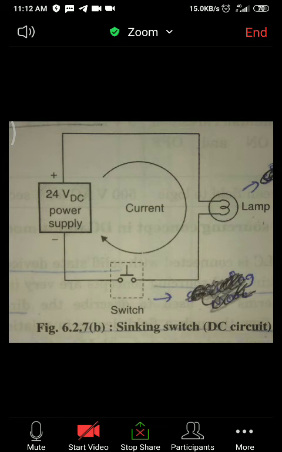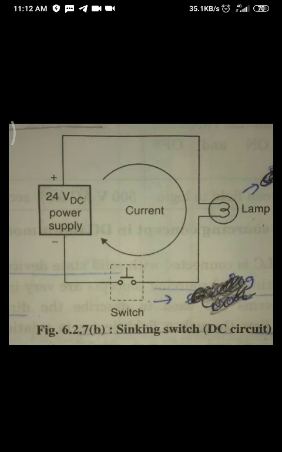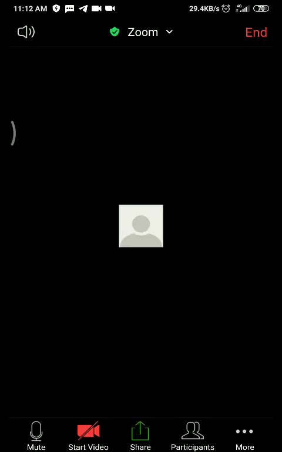Then there are proximity switches. Proximity switches require current for operation, so you cannot connect them in a sourcing way. You have to connect them in a sinking way. Getting? The photoelectric sensors again require current for their operation, meaning you have to connect them in a sinking mode. Whenever you connect the devices in the proper way, then they will operate. Okay. So we'll see the same concept, sinking and sourcing, in the case of PLC. I hope sinking and sourcing are both clear. Reply immediately.